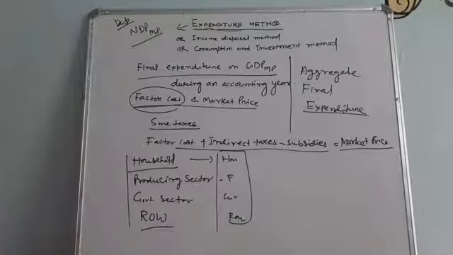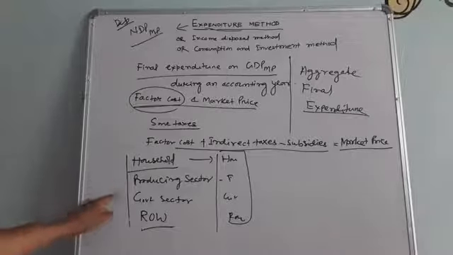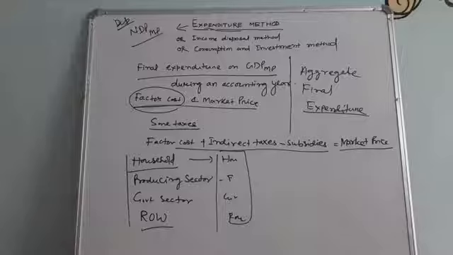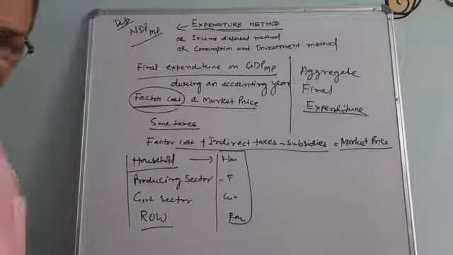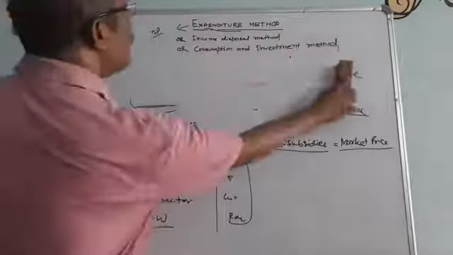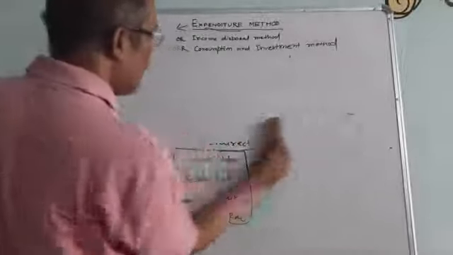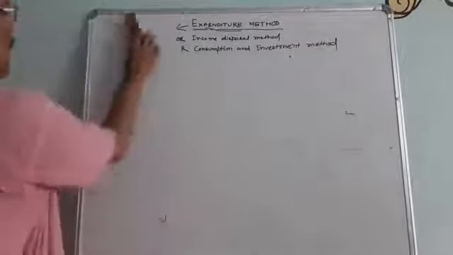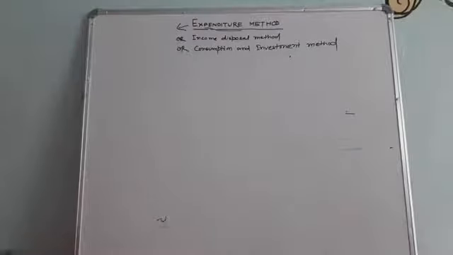So what is the expenditure method? We concluded that all kinds of final or aggregate expenditure by the different categories of units are called the final expenditure. According to the expenditure method, GDP at market price is the aggregate of all the final expenditure in an economy during an accounting year. What is the expenditure method? It is the aggregate final expenditure.